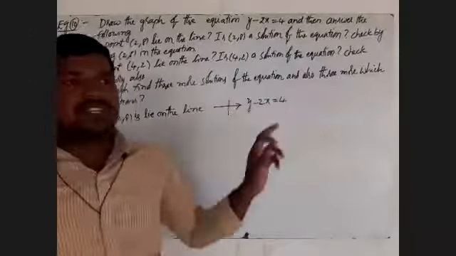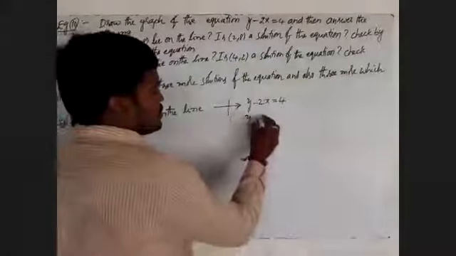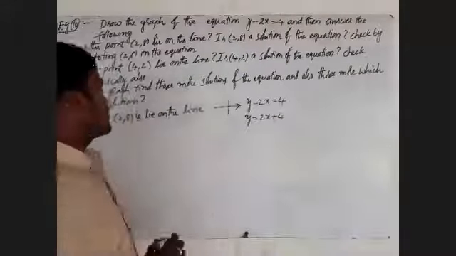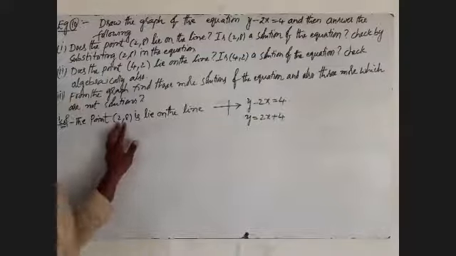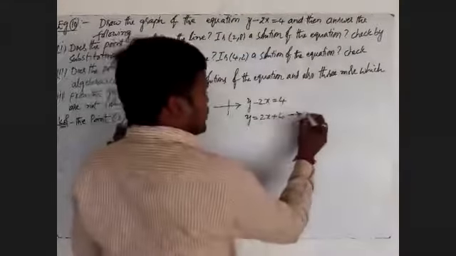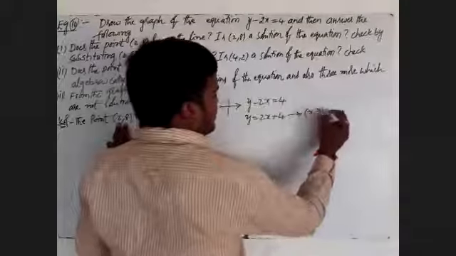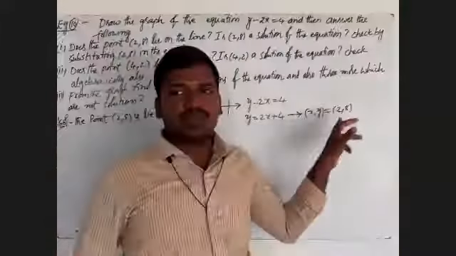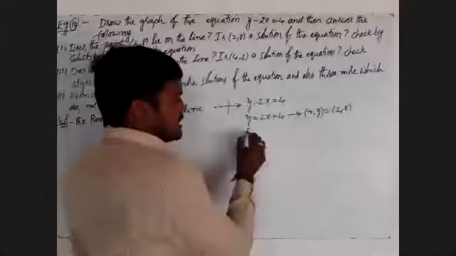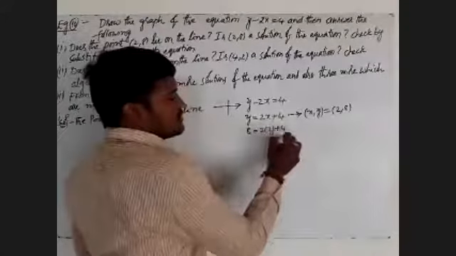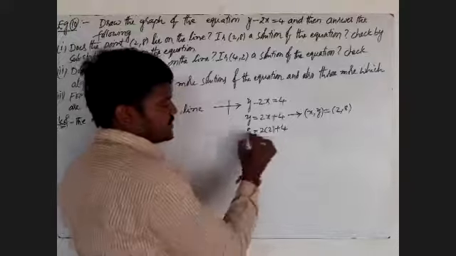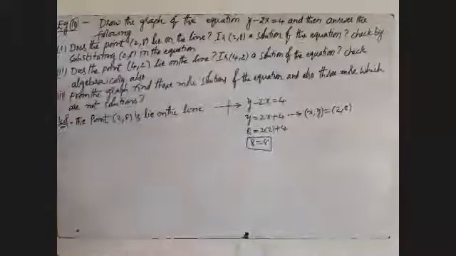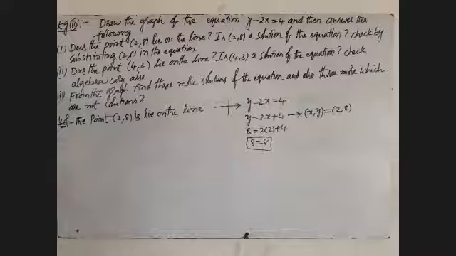Minus 2x goes to the other side, so I will write y is equal to 2x plus 4. The given point is 2, 8. The ordered pair x, y is 2, 8, that means x is 2 and y is 8. So 8 is equal to 2 into 2 plus 4, that is 8 is equal to 8. Both LHS and RHS values are equal, which means the point 2, 8 lies on the line, and